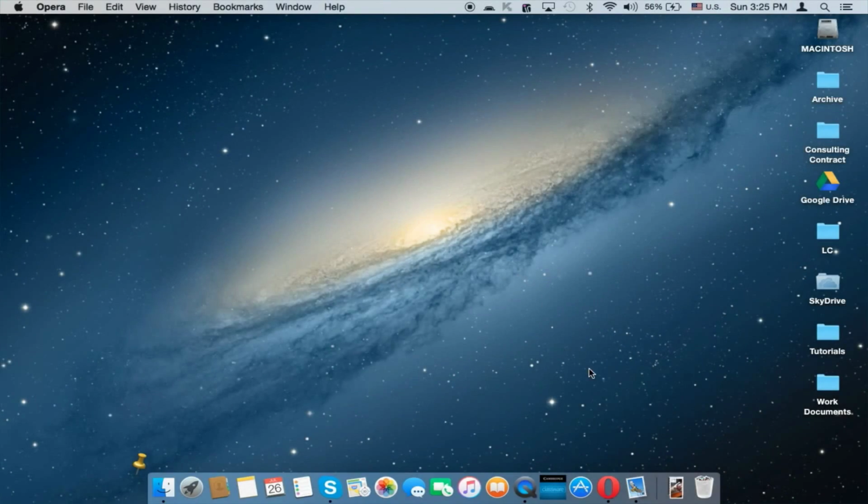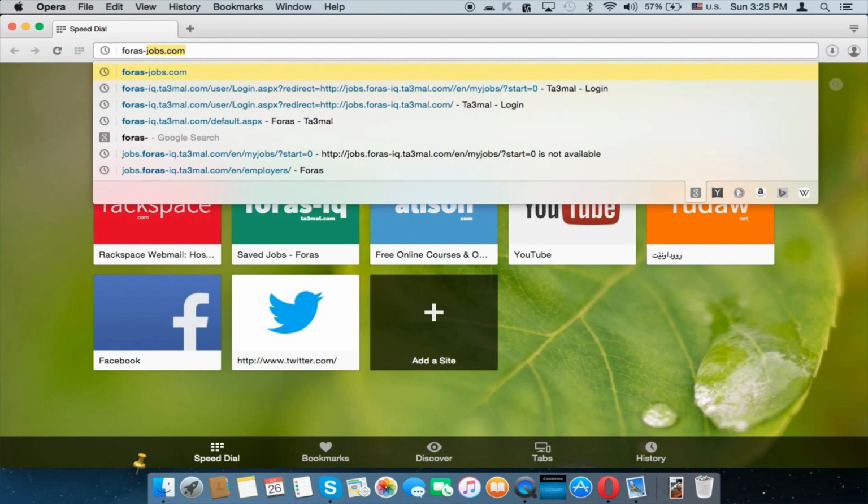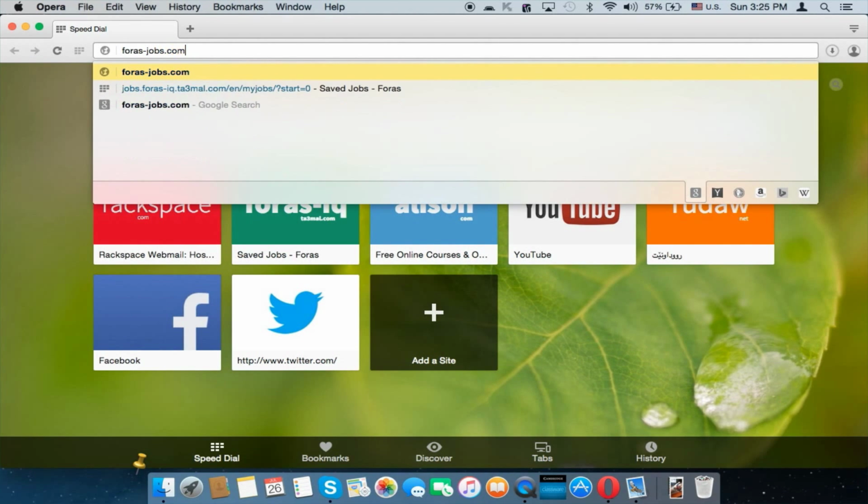Alright, so the first thing, we're going to go ahead and click on the browser. I'm using Opera. You can use whatever browser you have, whether it's Google Chrome or Firefox or anything else, Safari for example. So let's go to foras-jobs.com, that's the portal,